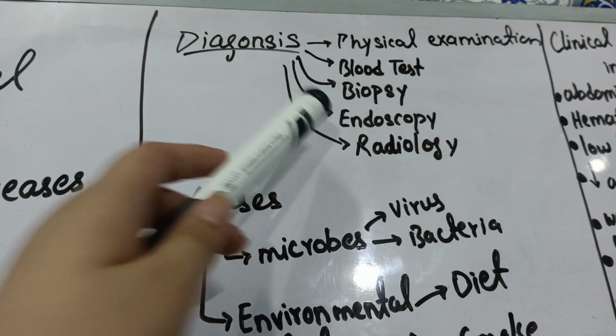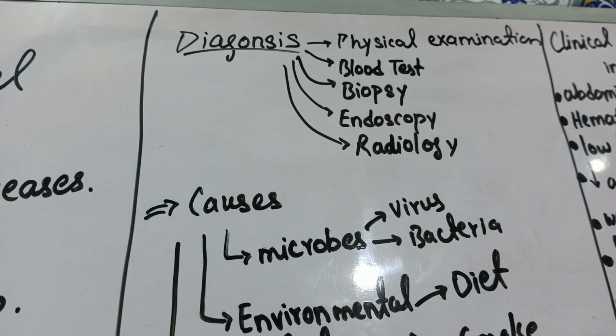Then you can do a biopsy or endoscopy of that patient. The process of endoscopy is that you insert a tube into the patient's body through the mouth, and this tube has a camera on one end. From this camera the doctors observe the inner structure of your large intestine and small intestine, and then predict whether you have a disease or not. Biopsy is the same as endoscopy, the difference being that in a biopsy